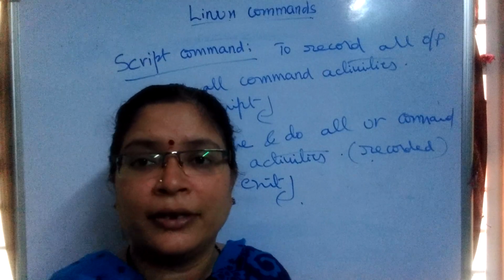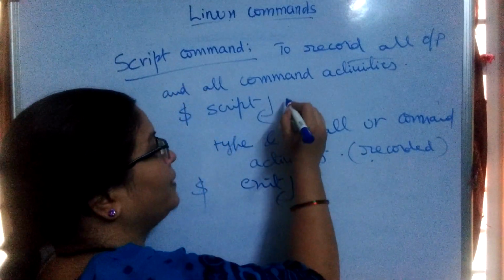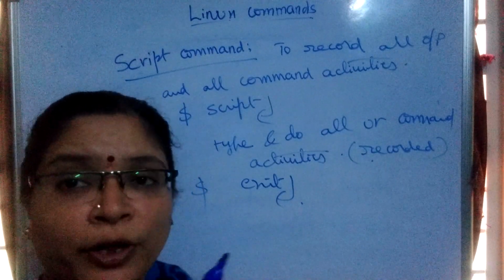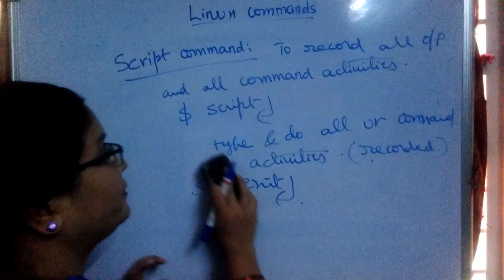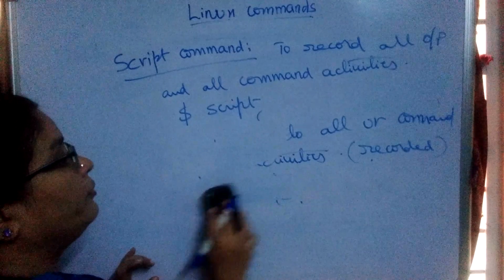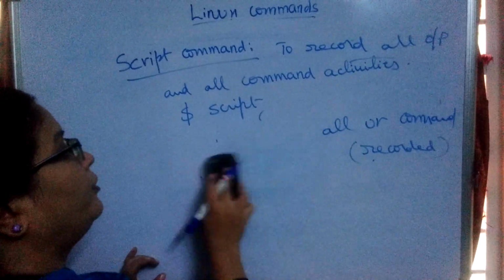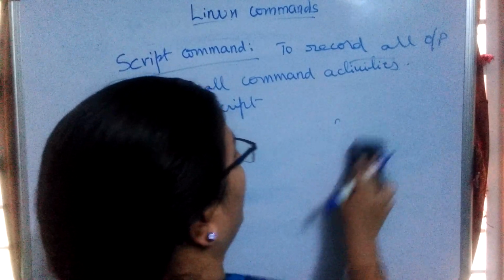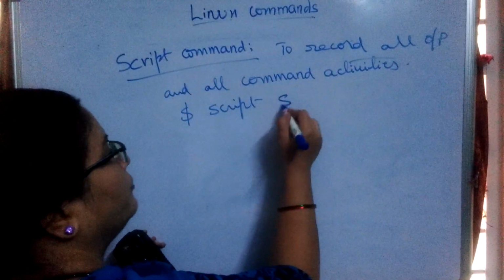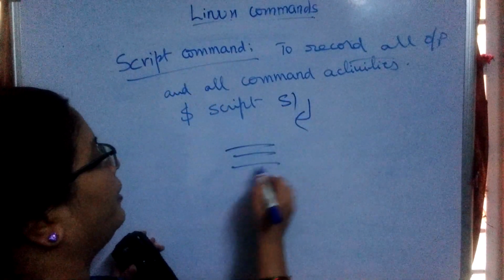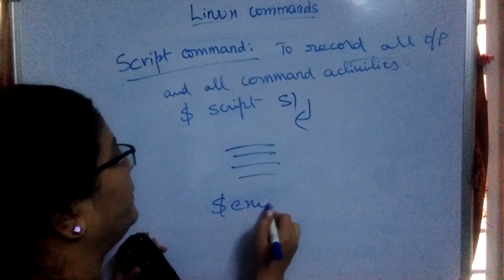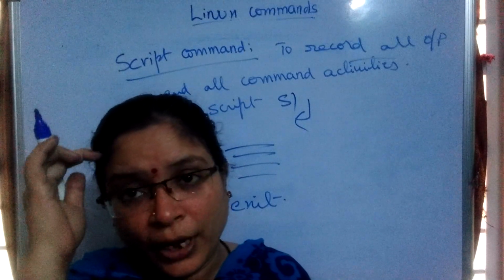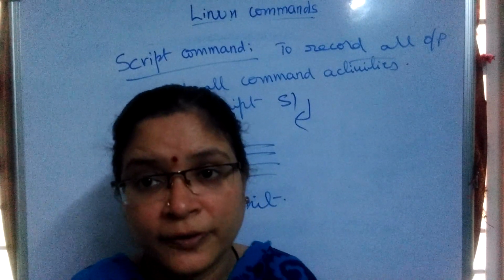Okay. One thing to remember here: the script is unnamed. You didn't name the script. It is simply an unnamed script. But you can name the script also. To name the script, what do you have to do? You have to give the name here. So what kind of name do you normally give here? That is script S1. So I want to give the script name as S1, simply press enter, and do all the activities. At the last I simply press exit. That will be recorded. Okay, so this is the usage of the script command.